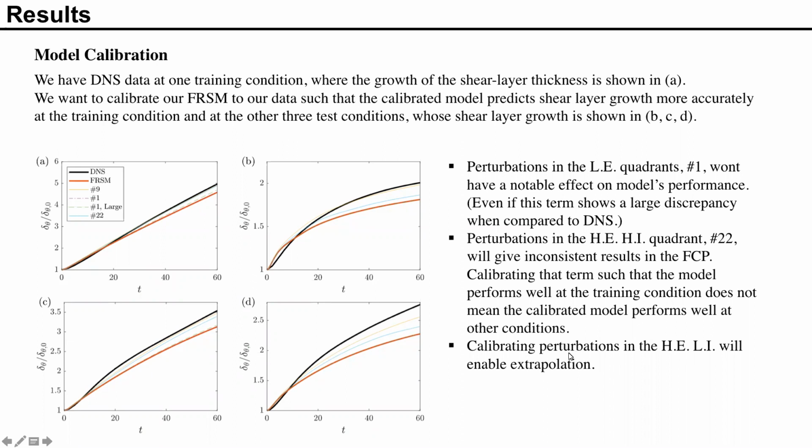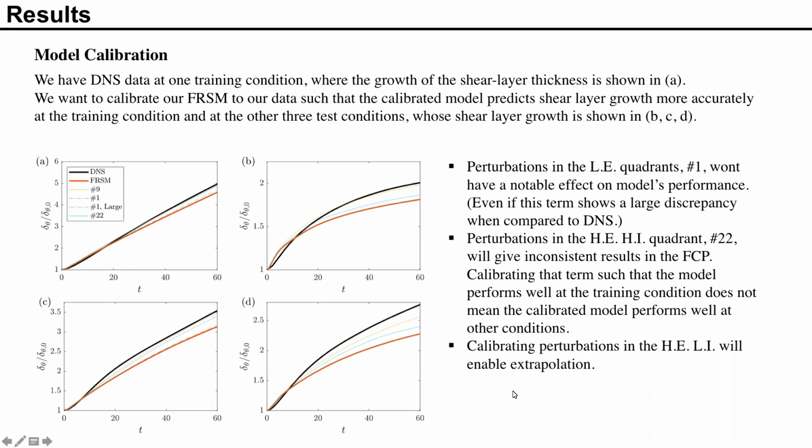Literally very inconsistent. However, now if we perturb something in the high effectiveness and low inconsistency regime, which is perturbation number 9, as you can see here, of course, this is high effectiveness, so we can match the training condition as well, so we do that. And as you can see, it yields very consistent improvement at all other conditions. Maybe here it's not as great as the other two, because it's probably too much to expect that it will match perfectly, right? We can only ensure that we improve significantly, which is what we show here.